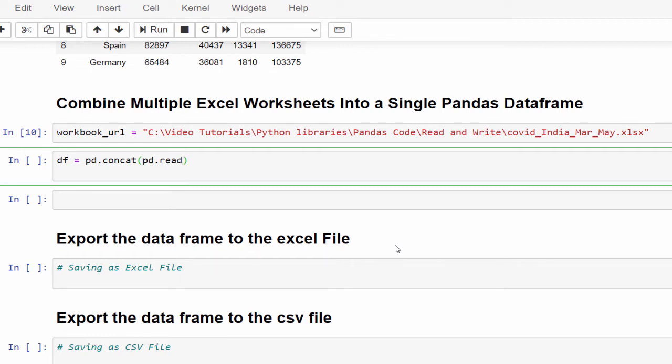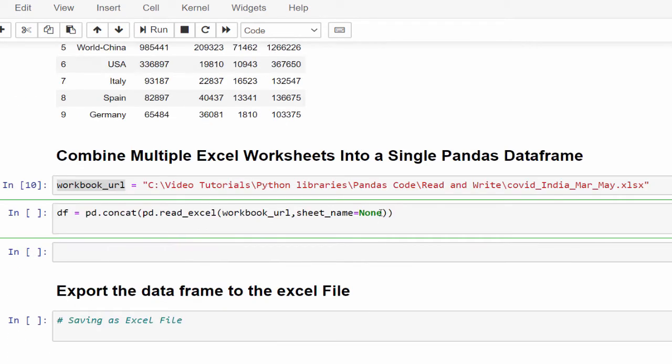pd.read_excel. First we have to give the path of the workbook, then sheet_name equals None. Initially we gave the sheet name as 0, 1 like that, but when you mention None, it will consider all the sheets available in that workbook.